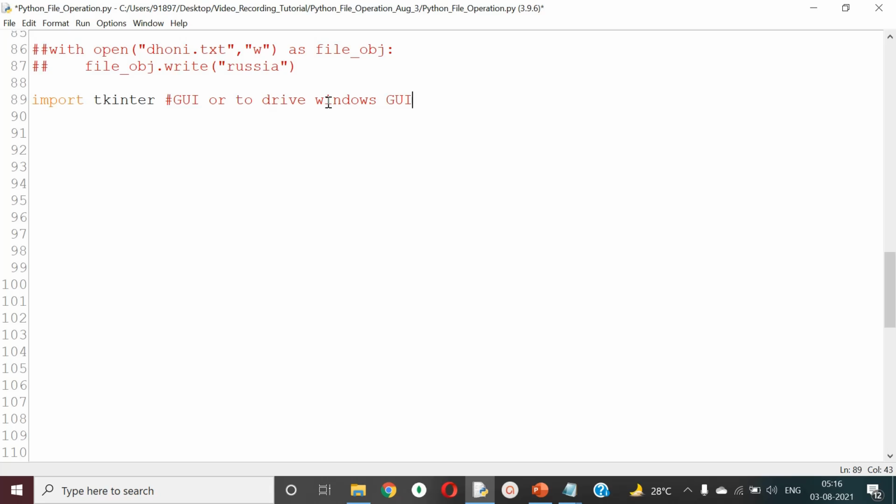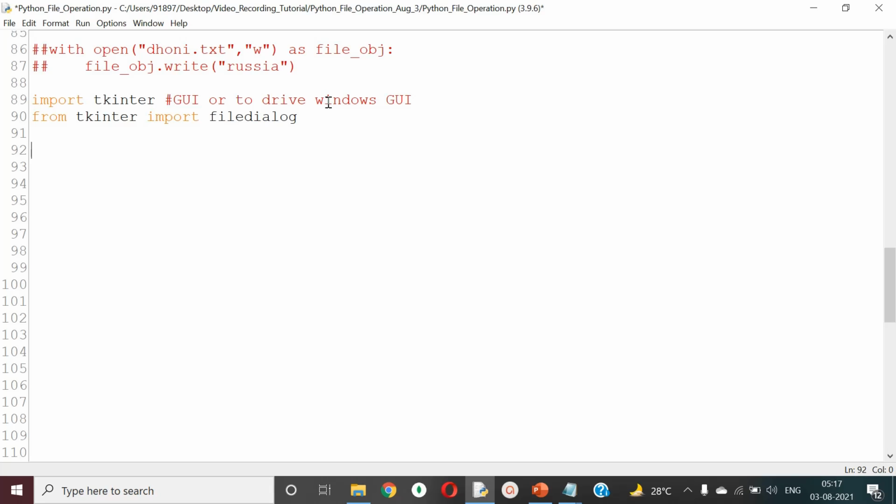Try to go with some other design pattern. What you can do is add that into Python; you can connect that with Python. So my humble request is don't do too much design using Tkinter, because it will take a lot of time. So what is the decision that we made now? I'm going to drive my Windows-based file dialog boxes using Tkinter. So I'm going to import another library from Tkinter. From Tkinter, import file dialog. There is an inbuilt function called file dialog as a part of Tkinter. What I did, I just imported that.